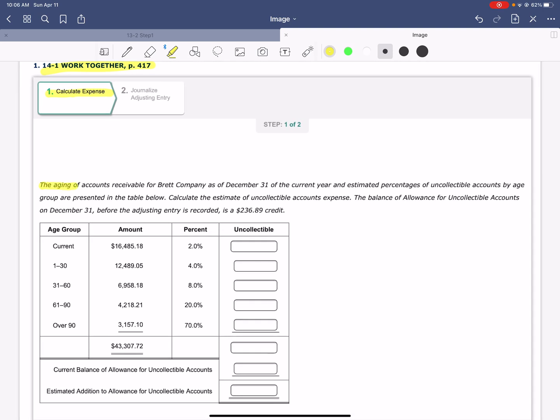The aging of accounts receivable for Brett Company as of December 31st of the current year and estimated percentages of uncollectible account by age group are presented in the table below. Calculate the estimate of uncollectible accounts expense. The balance of the allowance for uncollectible accounts on December 31st before adjusting entry is recorded is